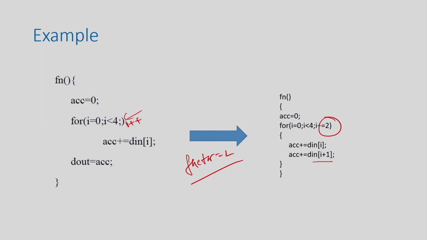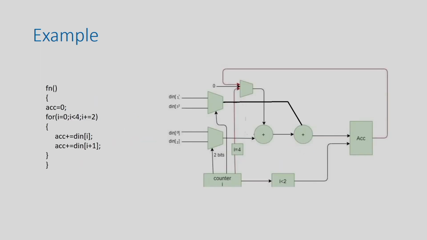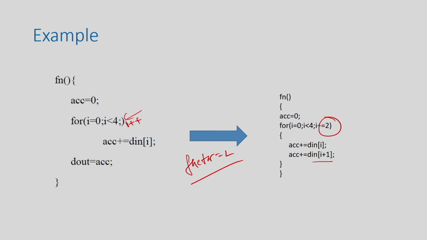So, this is how unrolling works, and you can understand that this is basically a middle path. Based on your resource available, you decide the unroll factor. If you have a lot of resource available, you give a higher factor, then the number of iterations running in parallel will be more. But if you have less resource, then you give the unroll factor less, so that the number of operations running in parallel will be less.